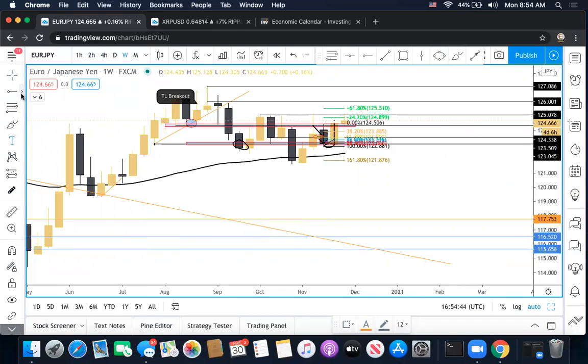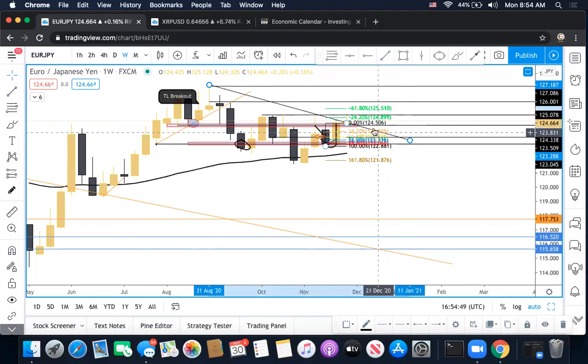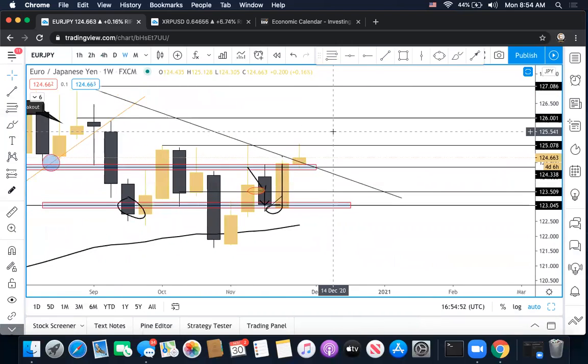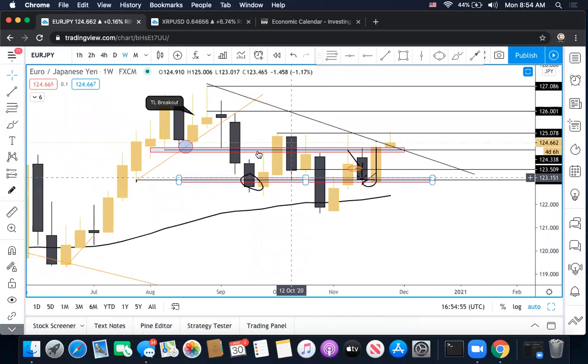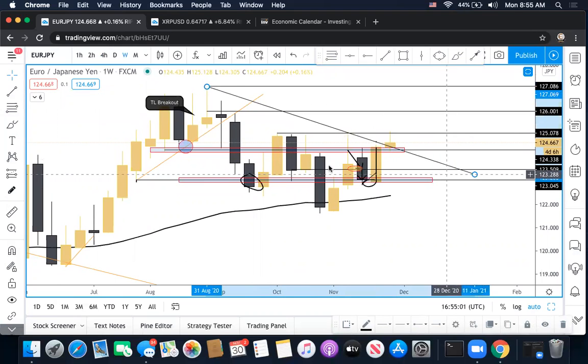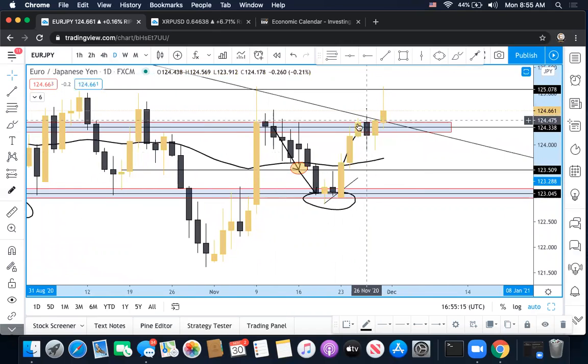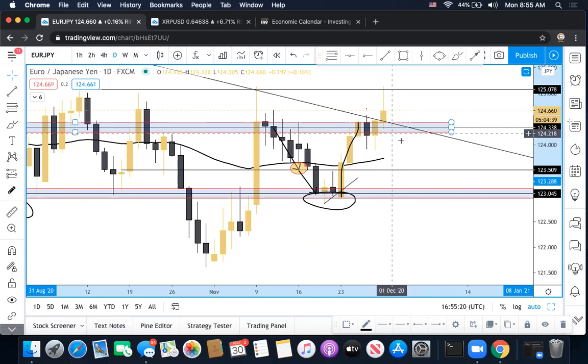Let me see. This fib. Okay, so price is looking like it's trying to break out of this trend line, and if we do and we break above 125, the market could reach all the way back up to the upside based off the weekly. So this is a critical region. If the market stays above this region, we're going to continue bullish, but we could possibly see the market give us a slight pullback before going higher.